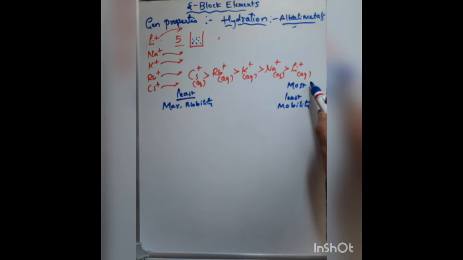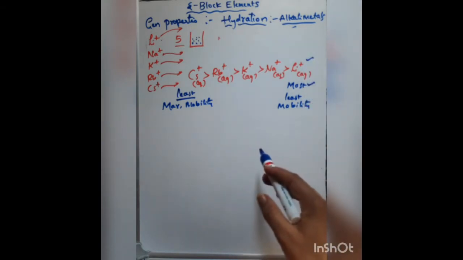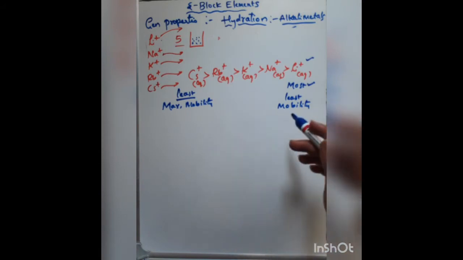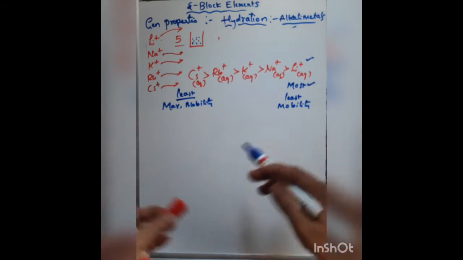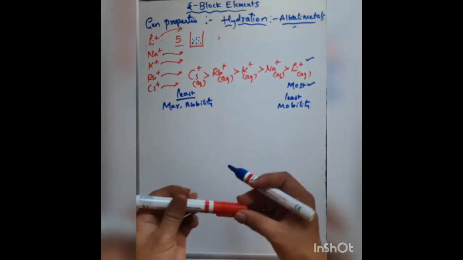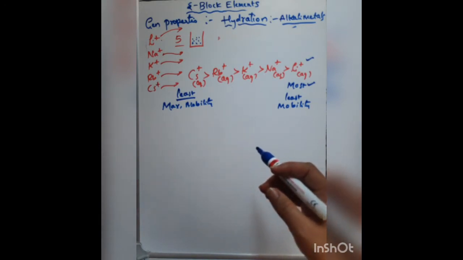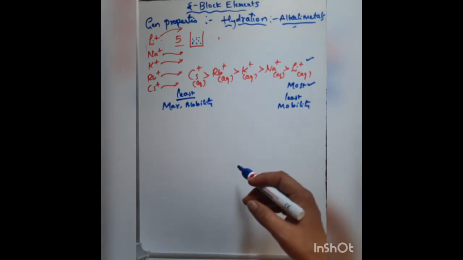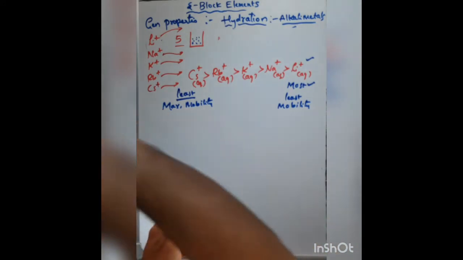Why is it having most hydration? Because of its smaller size. So this is about hydration of the alkali metals, and this concept is the most important concept in this entire chapter for the NEET examination. So you have to concentrate on this topic. There should not be any doubt left in this topic. Fine. So let me next go to the